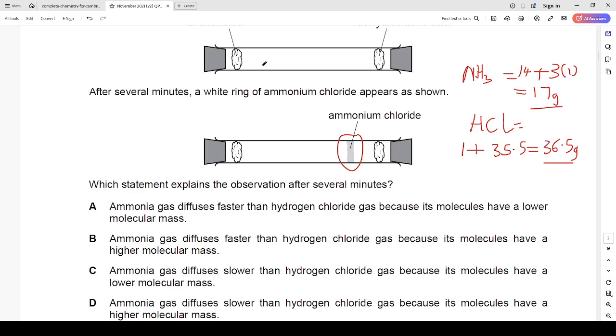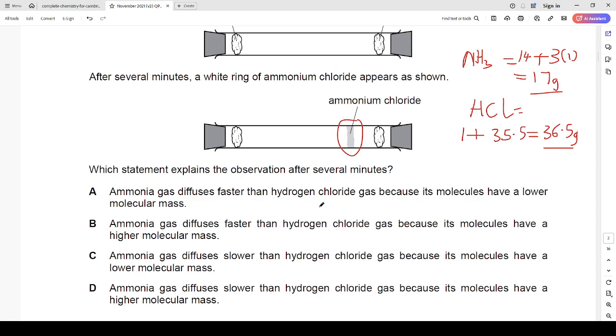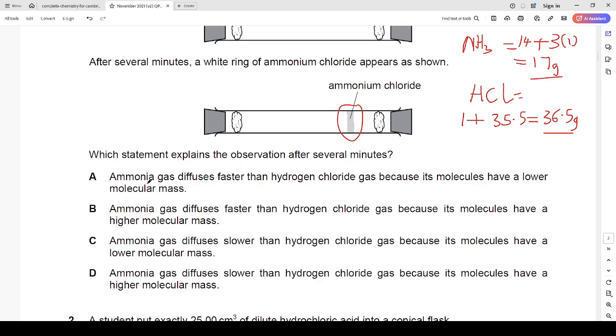In a capillary tube where diffusion is allowed to take place from the region of higher concentration to the region of lower concentration, at both ends we have higher concentration. Now, diffusion taking place involves the lighter gas traveling faster than the heavier gas, and that is the reason for the first option. Option A is actually very correct. But let's quickly look at the other options so that we can conclude